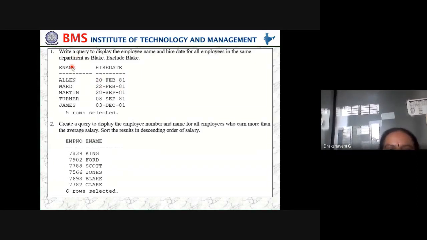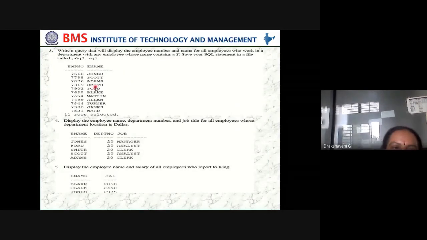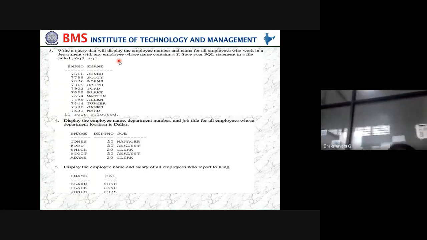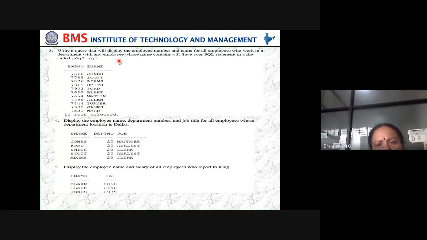We want employee names and their date of joining. Along with that, the second query says we want employee number and employee name. In the same way, we can write queries for all these questions. What does this question say? Write a query that will display the employee number and name for all the employees who work in a department with any employee whose name contains a T. Yes, you can write.